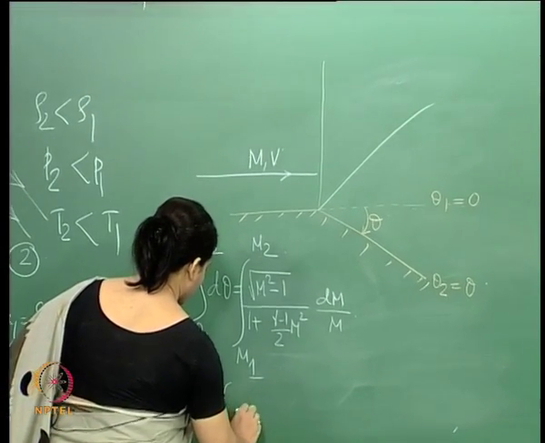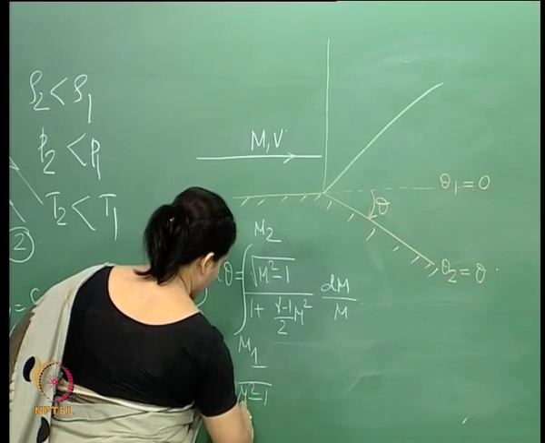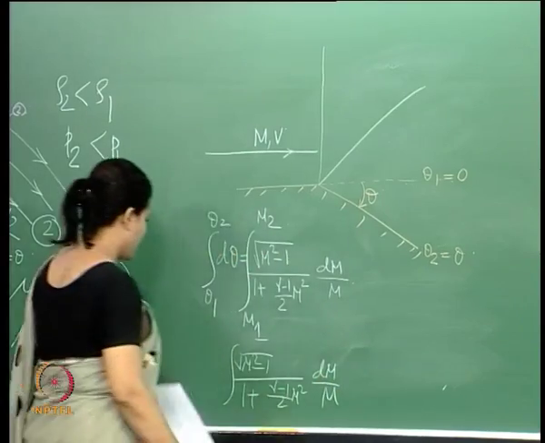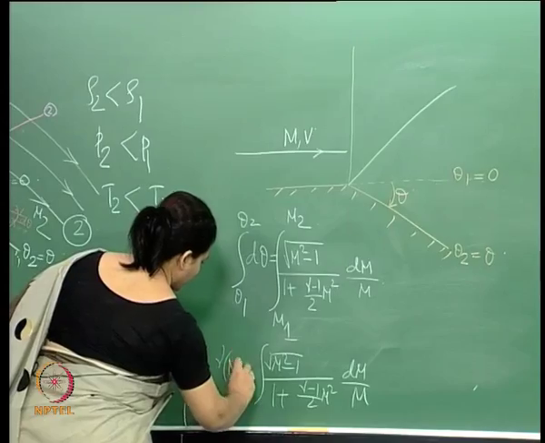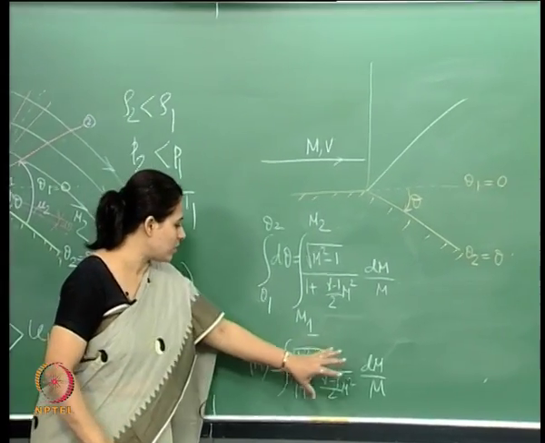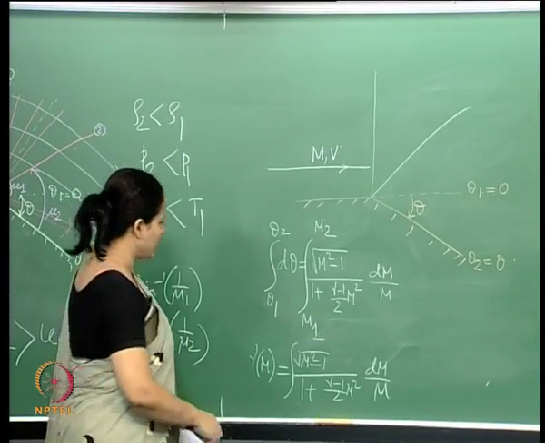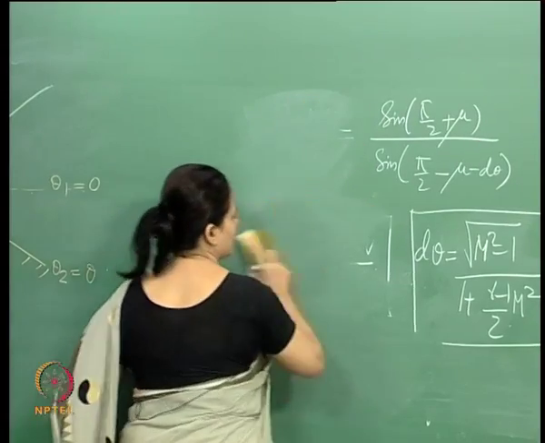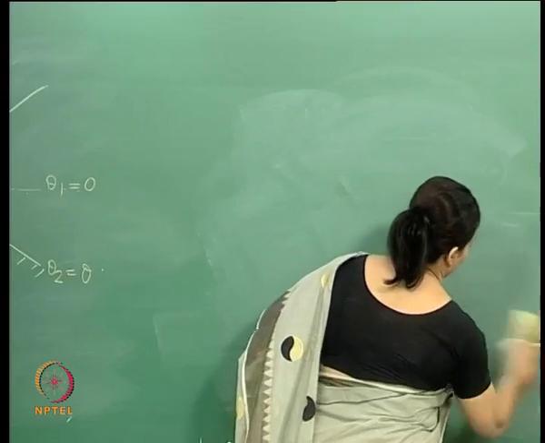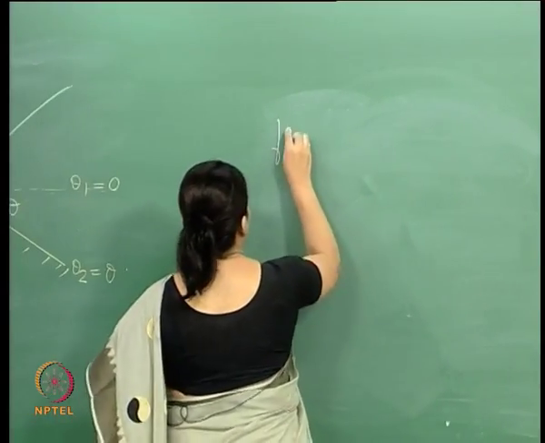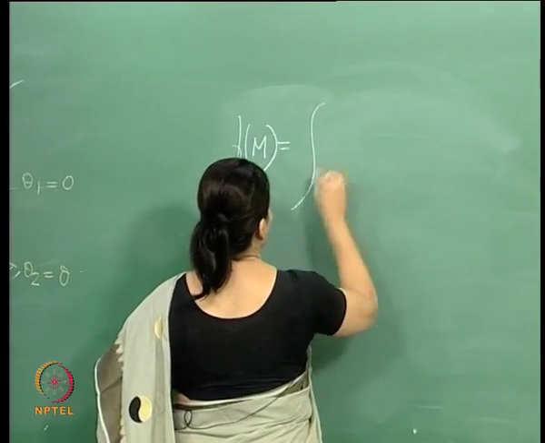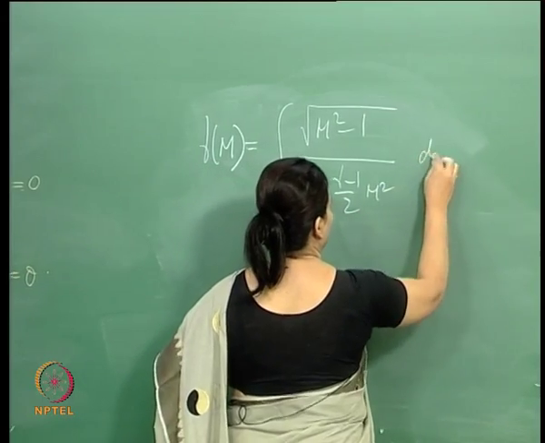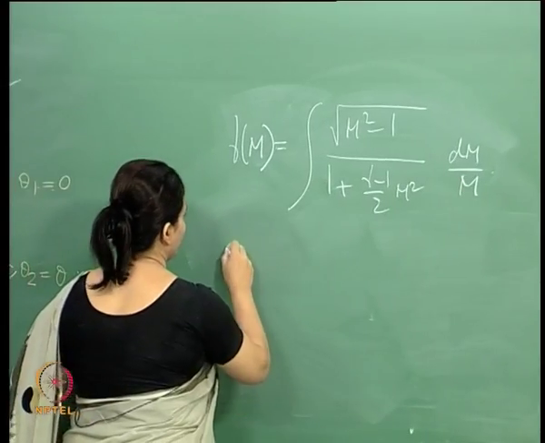This integral, which is a function of the Mach number, is called the Prandtl-Meyer function. And if we do this integration, what we get is this. Let us write this out. Basically this is the integral, and if I do this,